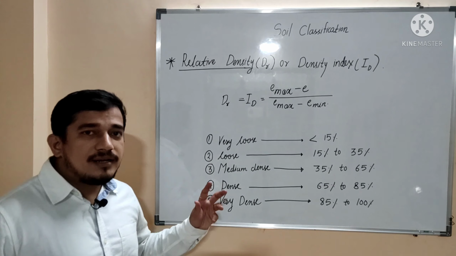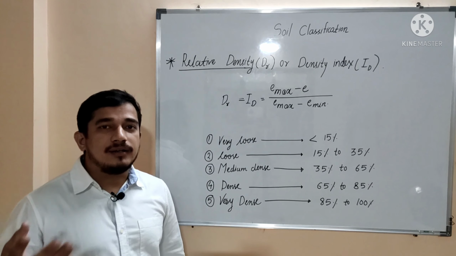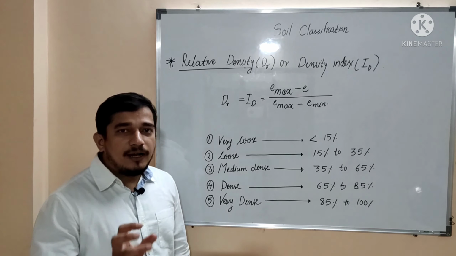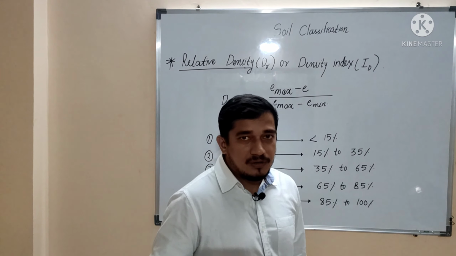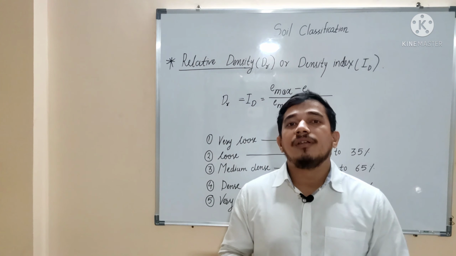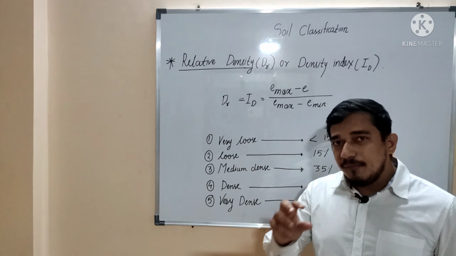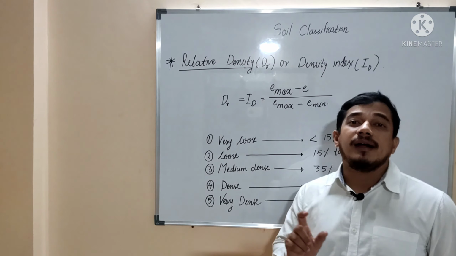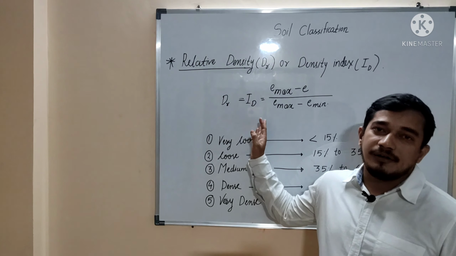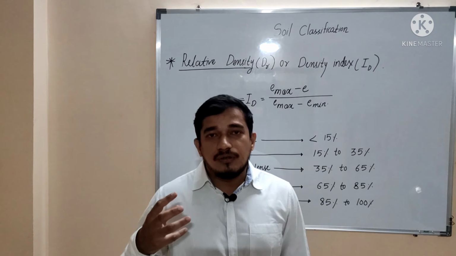The relative density indicates the denseness of a soil. If we consider the void ratio, that also indicates denseness. But if two soils or two sands have the same void ratio, their degree of denseness may be different, and their behavior under identical loading can be different. But when we consider the density index, if two soils have the same density index, then their behavior will be identical. So it is guaranteed based on this density index or relative density. That's why this becomes an important index property in the case of a coarse grain soil.